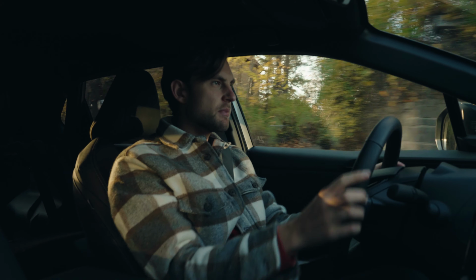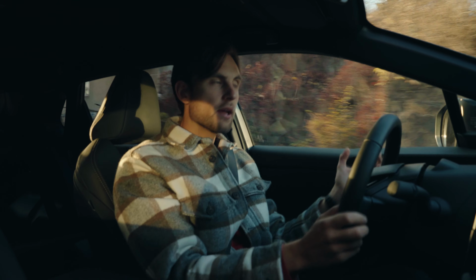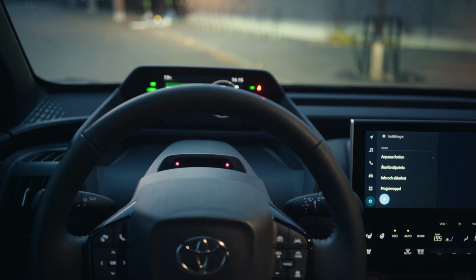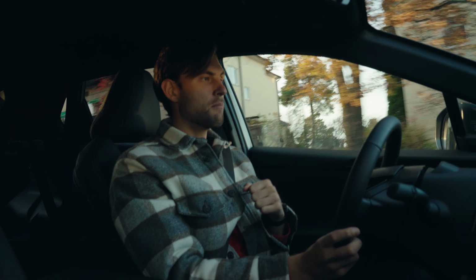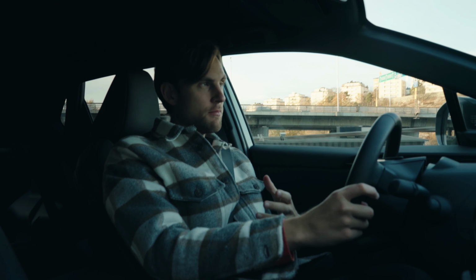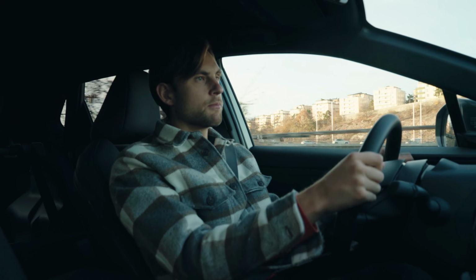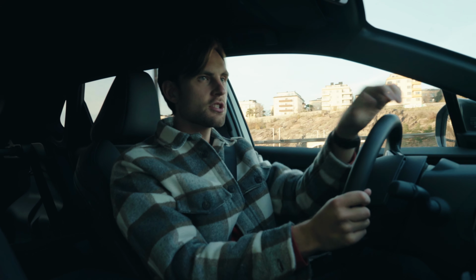I don't know if you can see, but the steering wheel is quite far down, and that is because if I have it in the regular position that I often have my steering wheels at, it will cover basically the entire digital gauge cluster, meaning I would not be able to see my speed, my range, my fuel consumption, basically nothing. Of course, you're paying a premium for the luxury of having an electric car, but it does feel like a more upscale product. There are other electric cars on the market that feel not as luxurious, not as upmarket